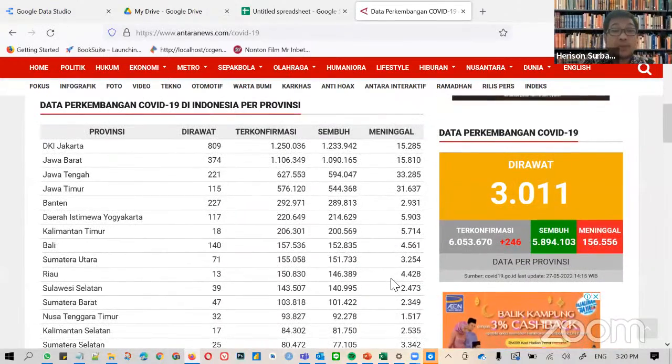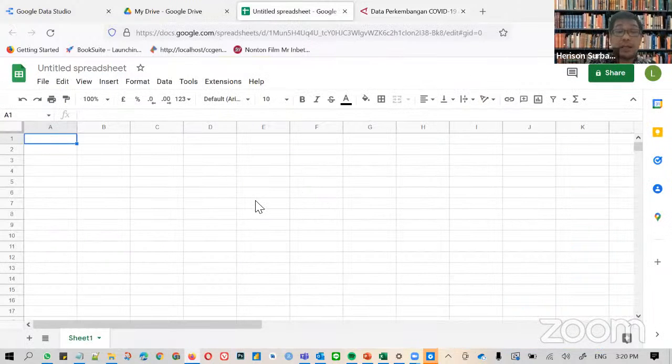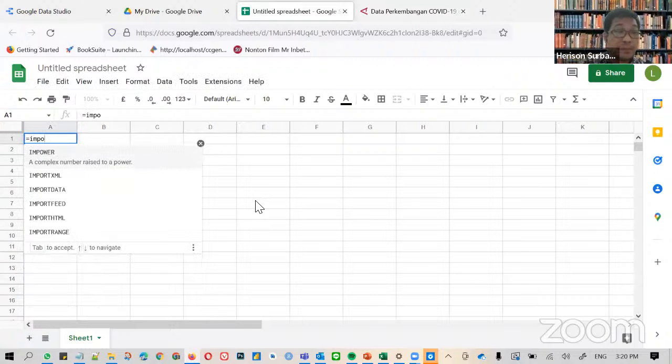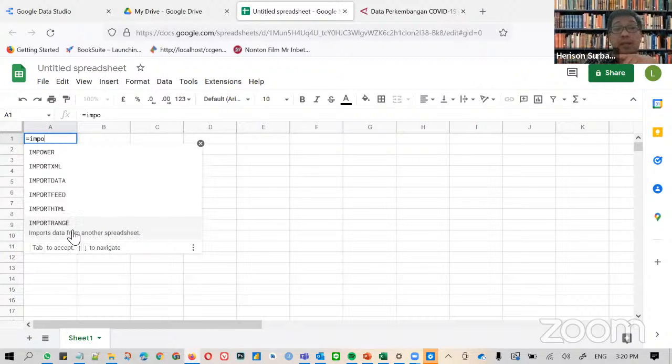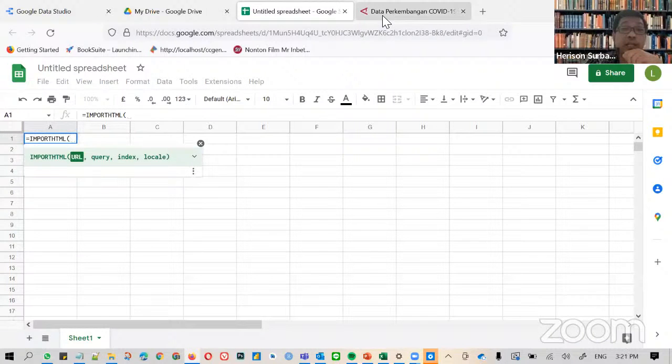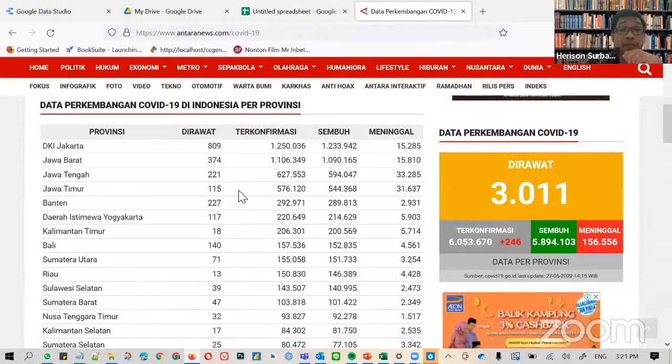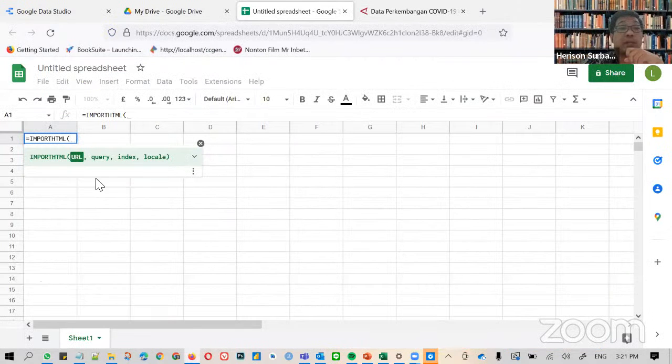All right. And to retrieve this data to Google Sheets, we simply can execute a short command, which is IMPORTHTML. We can also use the command IMPORTXML, or IMPORTDATA, IMPORTFEED, and IMPORTRANGE. But here we will be using IMPORTHTML because we import the data from an HTML page, from this table. Okay, and then the query will be